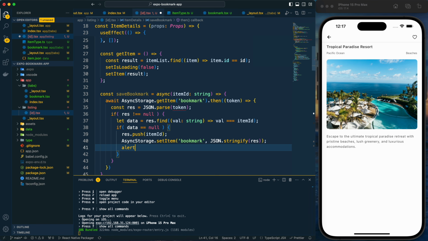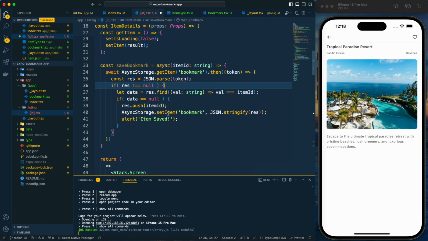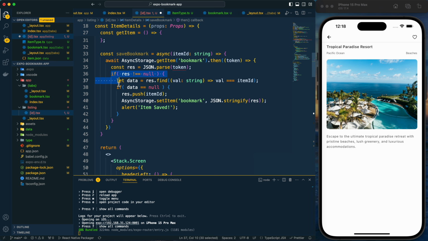Now after setting it we can alert the message as item saved. So here we are done for one case. If the result is not equal to null, that means some kind of previous data is present in this bookmark.